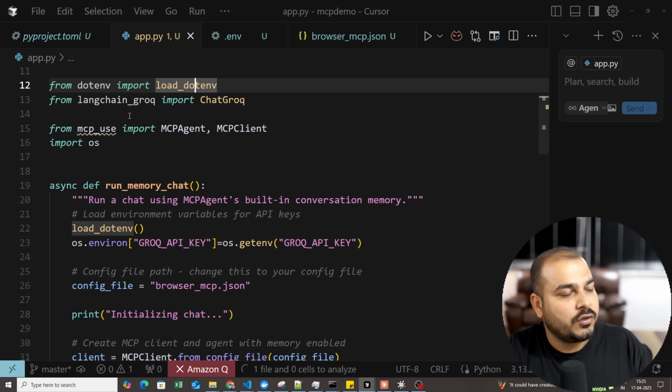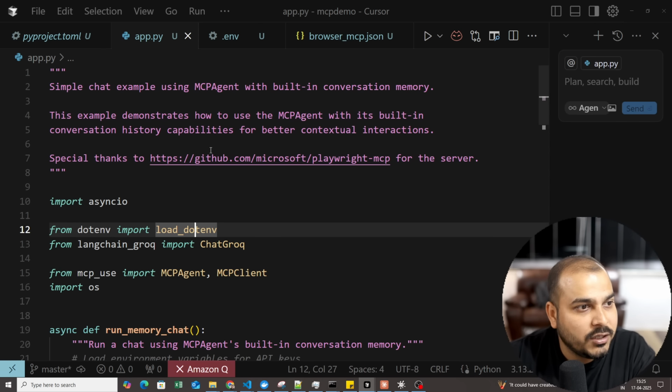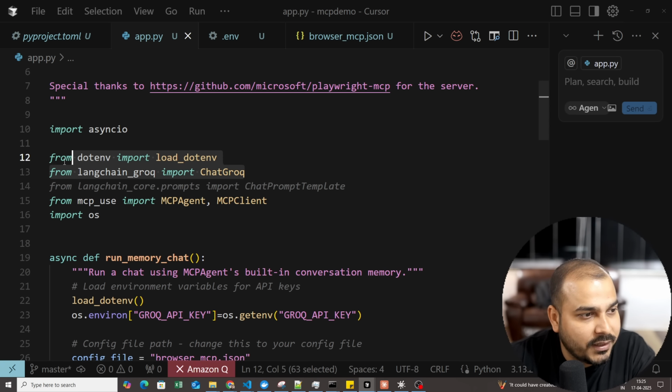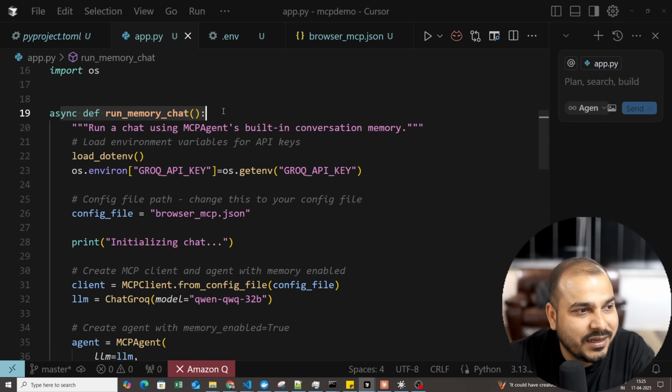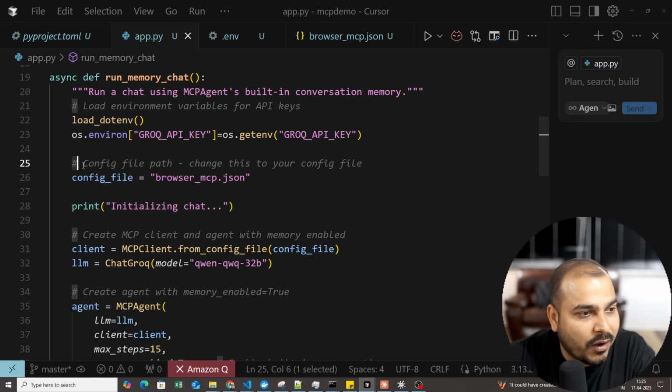Yeah. So now my MCP use over here. Now see what all things we require. First of all, a simple chat example using MCP with built-in conversation memory. First of all, we are importing load_dotenv. Then we have ChatGroq. Then we have MCPAgent, MCPClient, import os, right? Then we are creating this async run_memory_chat function. We are loading our Groq API key. Then our config file is